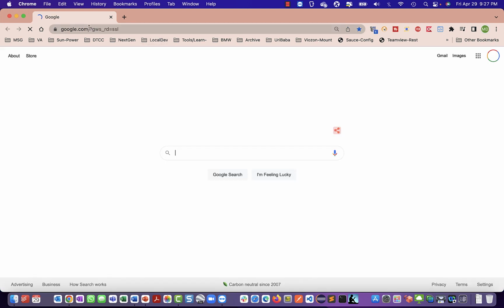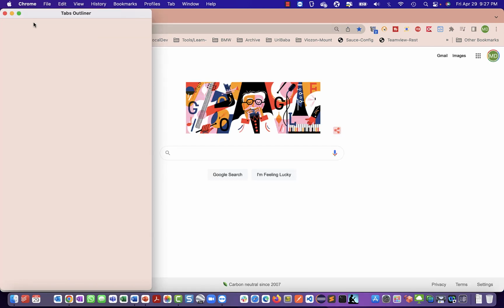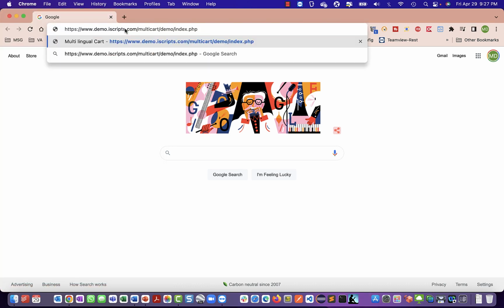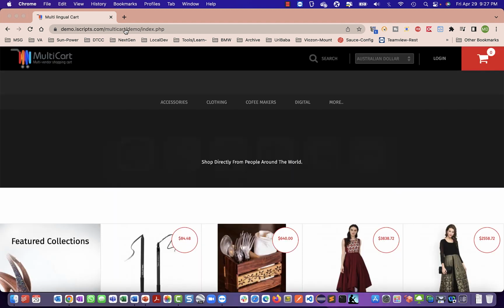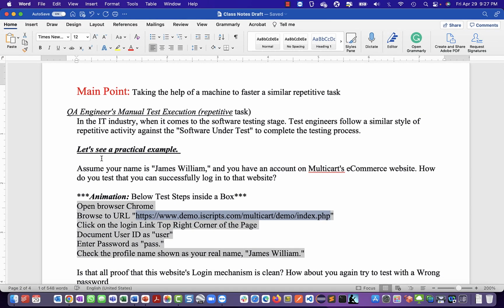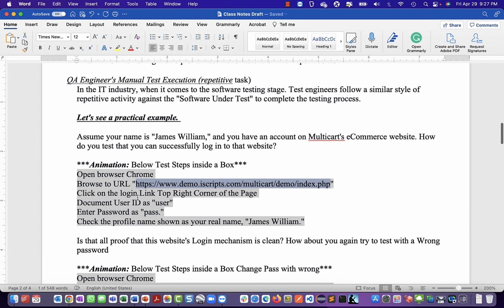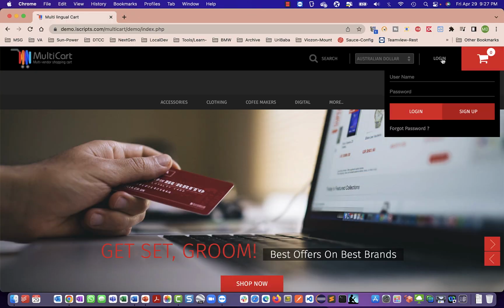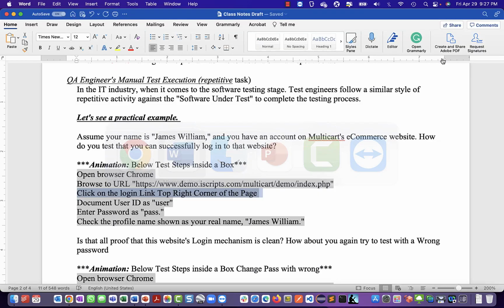And after opening the Chrome browser, the step says to go ahead and enter this URL, right? So if I go to my Word document again, it says browse to this URL. Click on the login link on the top right corner of the page. Yeah, go ahead, click it, right? And then